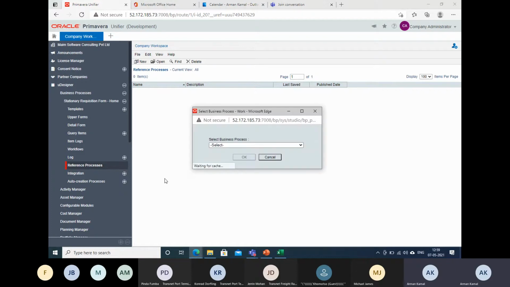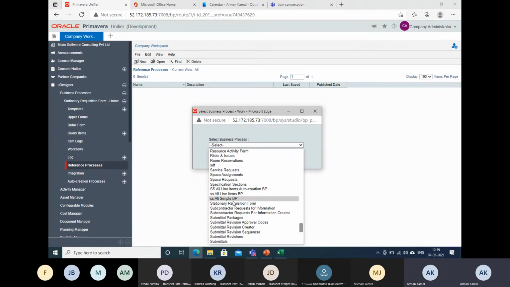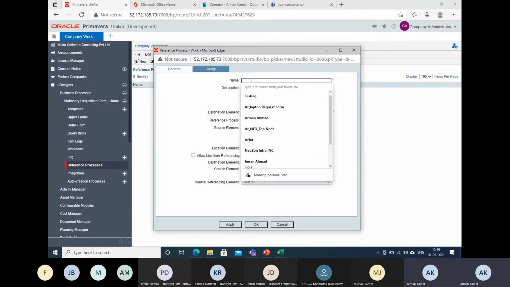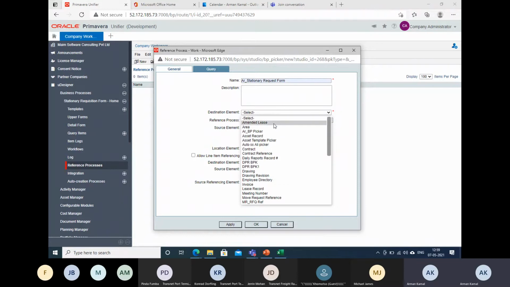I will create new. I will select stationery creation form. I will click OK. So I'll put AR stationery request form. I will select the data element which I need to pick.